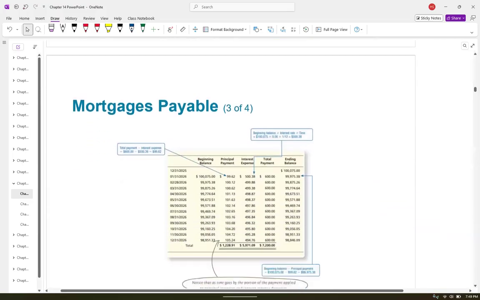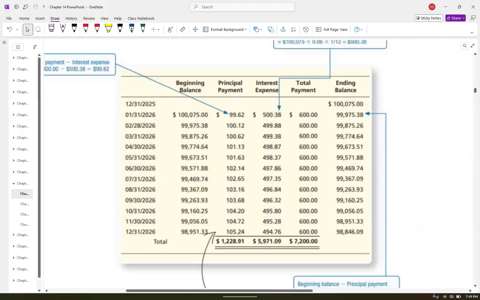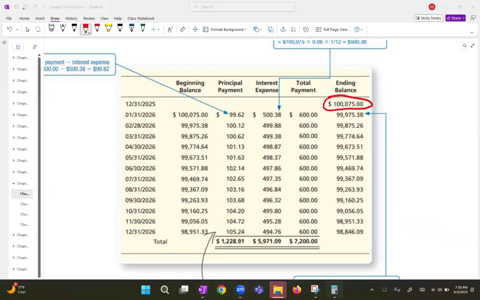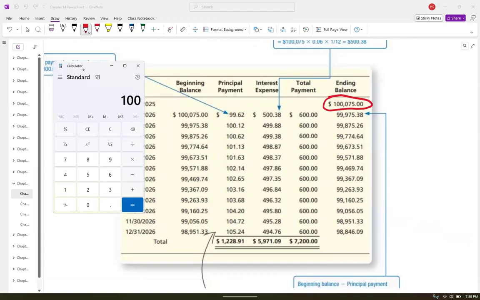Okay. And here is an amortization table that is a little bit different than the previous one. And so you will see now we have our beginning balance of that 100,000. And if we take, let's put this in the calculator. I want you to see where these numbers are coming from. So if we take that 100,075 and we multiply that times that 6%,